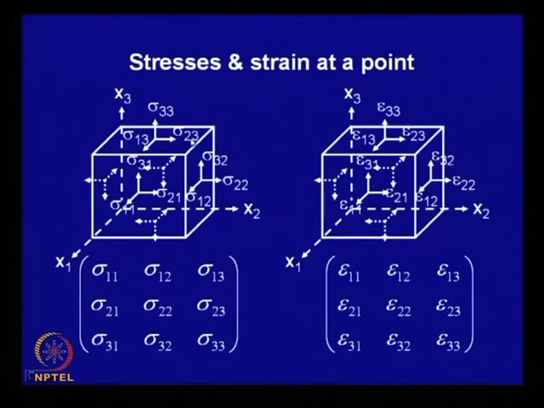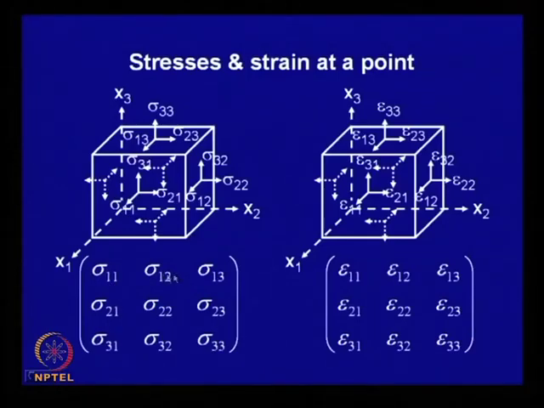Sigma 2 is shear stress along x 2 direction acting on the plane which is normal to the x 3 axis. So, therefore, the state of stress can be represented in the form of a matrix like this,